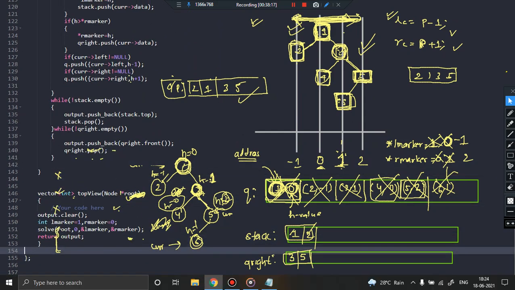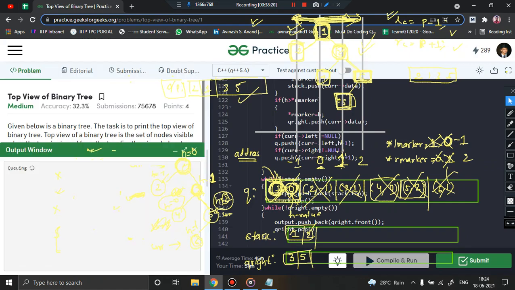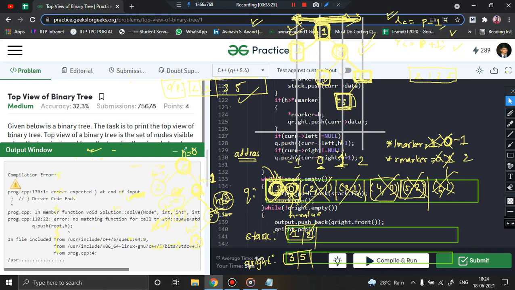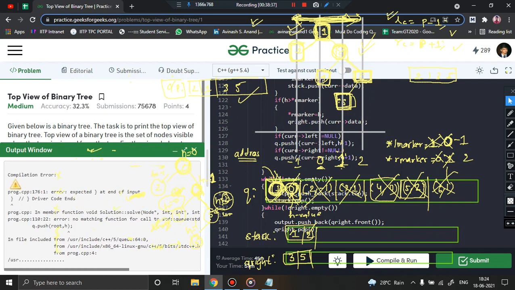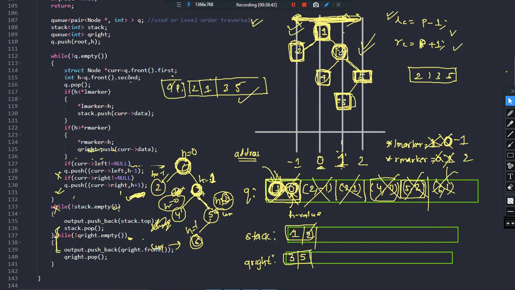So let us see if this code works fine and compile the code. So we really had done a lot of hard work. Already 38 minutes gone, but I hope this video will be helpful. So somewhere we are making a slight mistake. Let us see what the issue is. So it says no matching function for q root comma h. Anyway, let us see what the issue is. Line number 110. Okay, the elements here at 110, we have to push into a pair, and in order to push into a pair you have to write these brackets. Okay, keep them in the bracket. This is how you should push in pairs. Are we pushing into pairs in any other places?